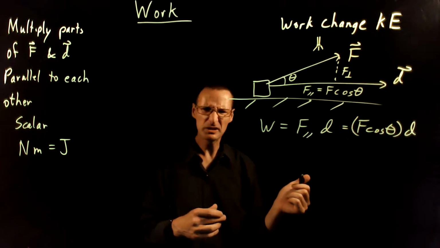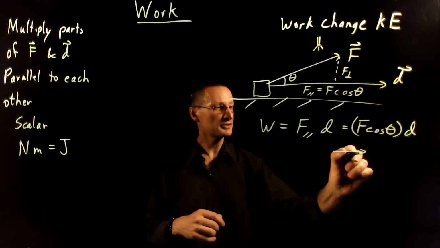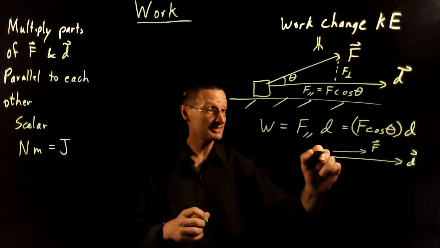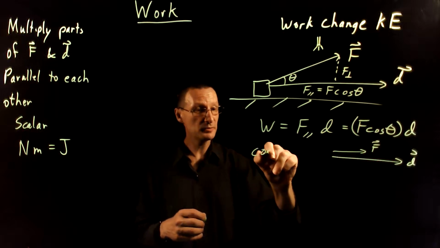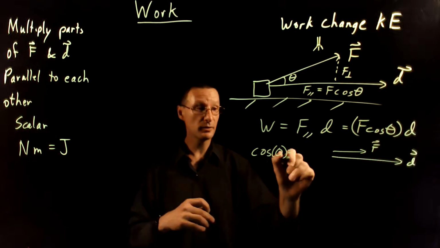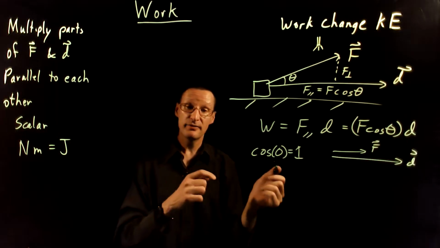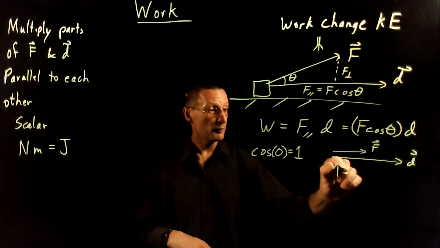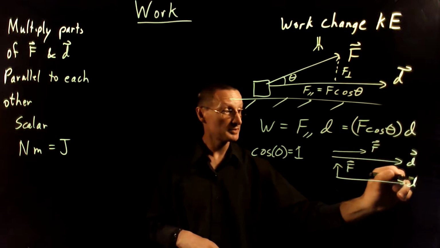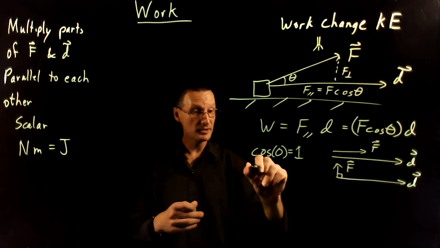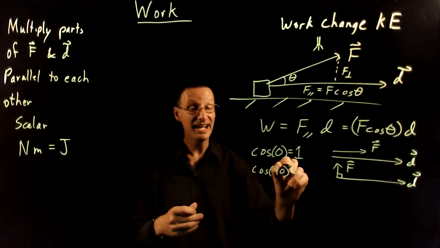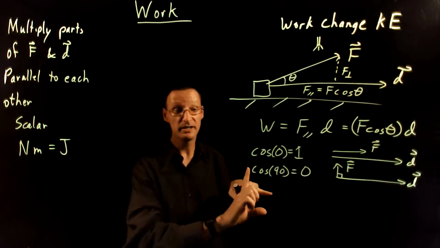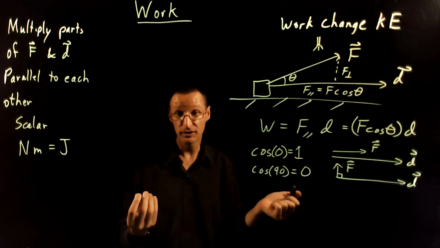Okay, so what is this cosine of theta telling us? Well, if the two vectors are completely parallel to each other, so the force vector and the displacement vector point exactly in the same direction, then the angle between them is 0, and the cosine of 0 is 1. And that's telling us that these two vectors are 100% parallel to each other. If, on the other hand, the force vector is perpendicular to the displacement vector, that means that the angle between them is 90 degrees. Cosine of 90 degrees is 0. So these two vectors are 0% parallel to each other,